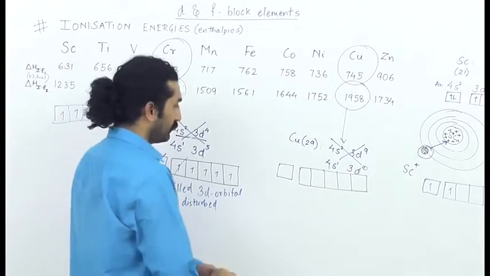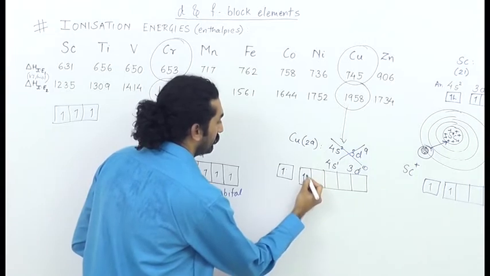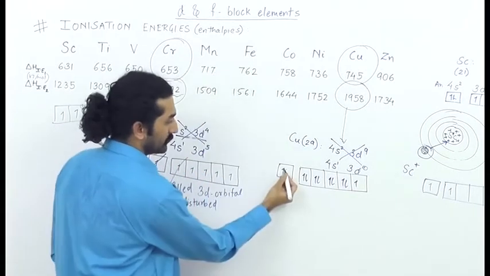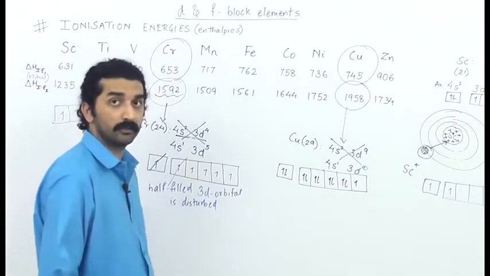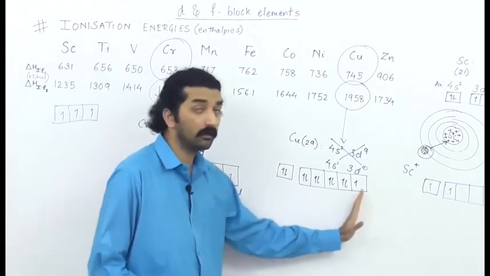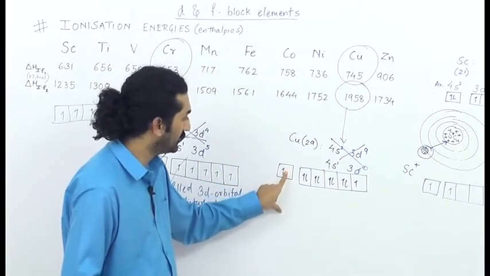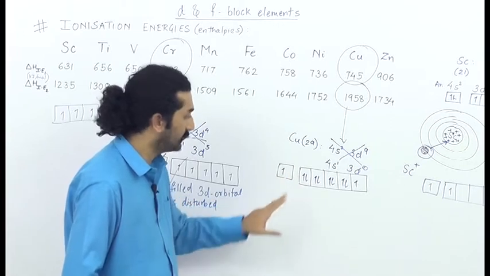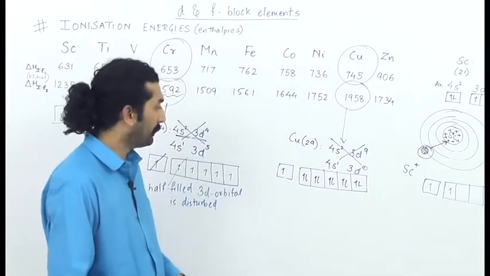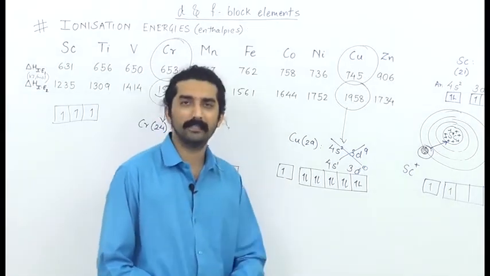Ideally it was supposed to have 2 electrons here, right? It was supposed to have this 4s2 3d9, but the problem is copper sees the scope of obtaining a full filled d orbital. So why not? It pounces upon that opportunity. This electron here reorganizes itself and goes here. And now what does copper have? Copper has a lone electron in the 4s orbital and a full filled d orbital, right?